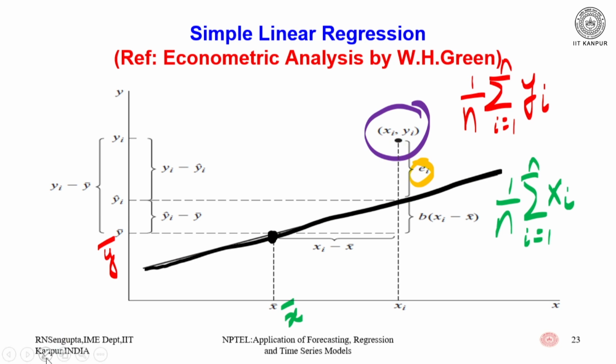Remember, it is not this error. It is basically the vertical one. This brown line is incorrect, so I will erase this because I do not want any confusion. And if I find out the values, say for example, I am trying to find out the values of y utilizing the x, the estimated value of y based on the regression line is this point which I have,